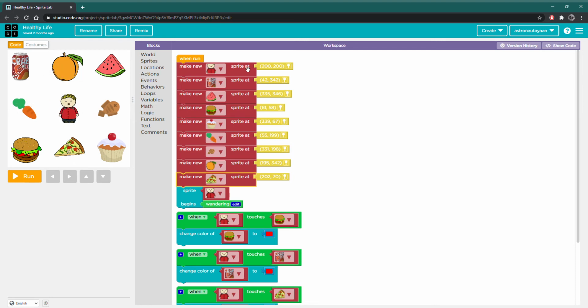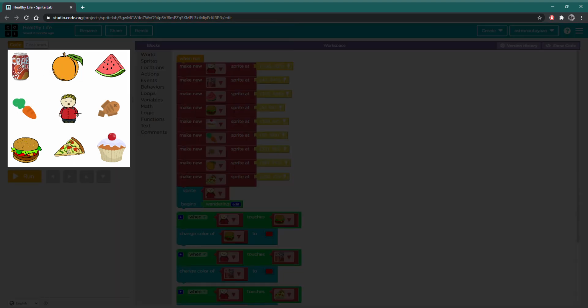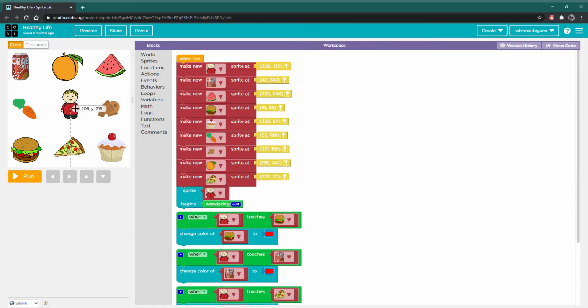Person is going to move to 200 and 200. It's around the center, or he can go to the center. Then there are going to be various foods spread out around him, and he can choose what he wants to eat. Except that he begins wandering, as shown in the code. So he just wanders around the